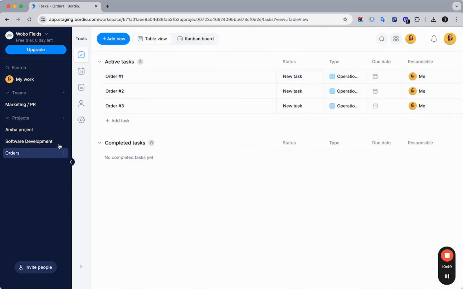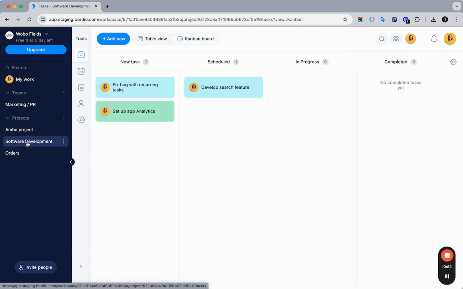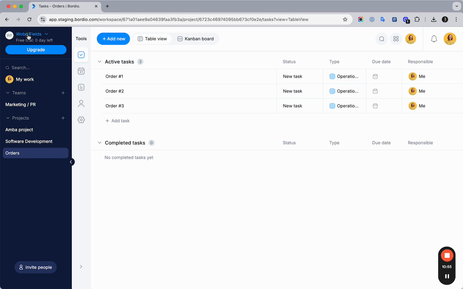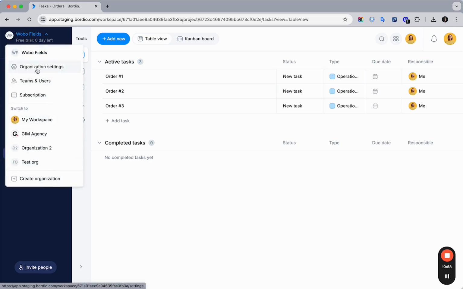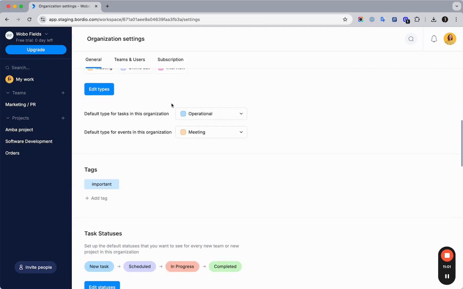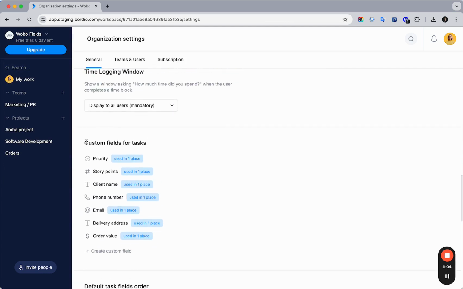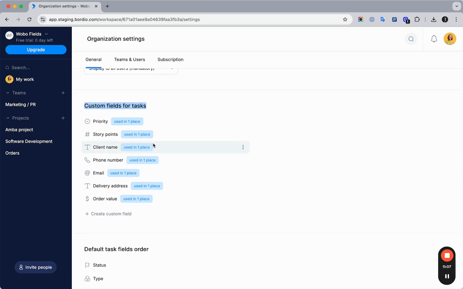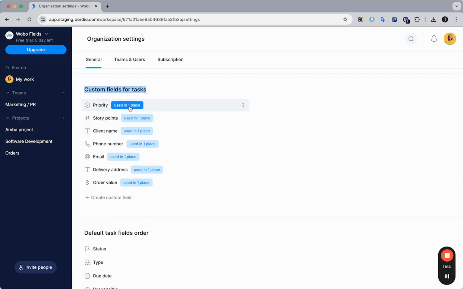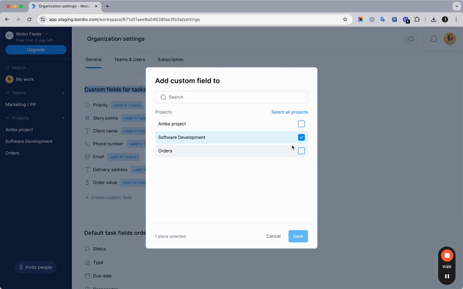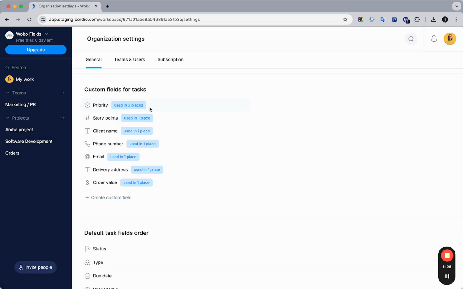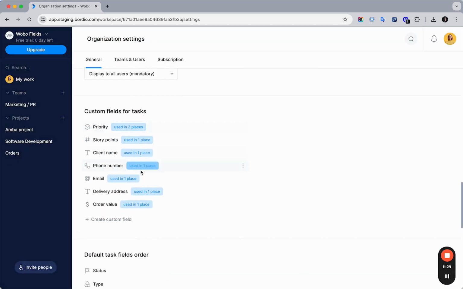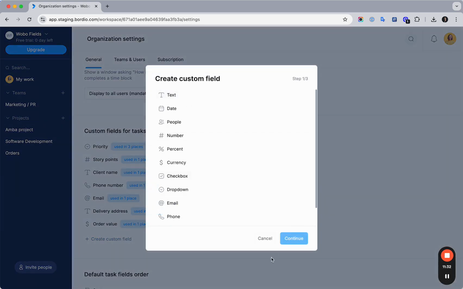Now we have added some custom fields in one project and other custom fields to another project. Now if we want to manage all of them, we can go to organization settings here, and here we can scroll down, and here are all our custom fields created in this workspace. And next to each custom field, we can also see in what places it is used. So we can see that priority is used in one place, and we can open it, and we can easily add this to some more projects from here. So at the workspace level, you can see it, and you can also create custom fields here and then add